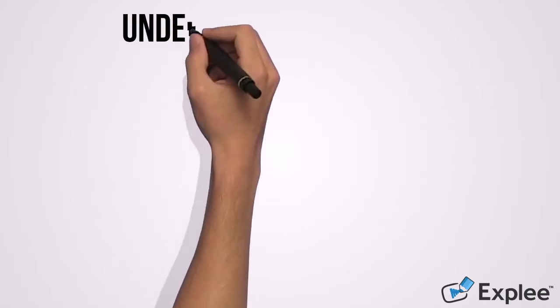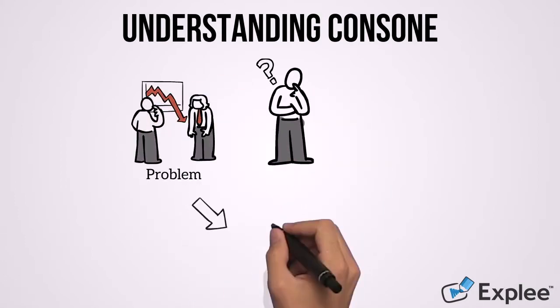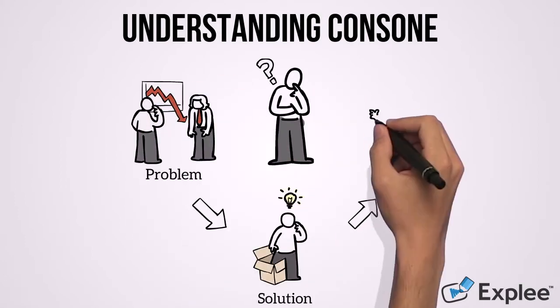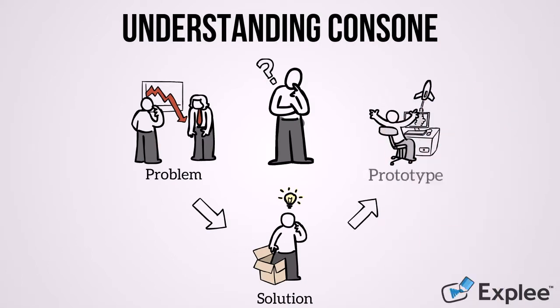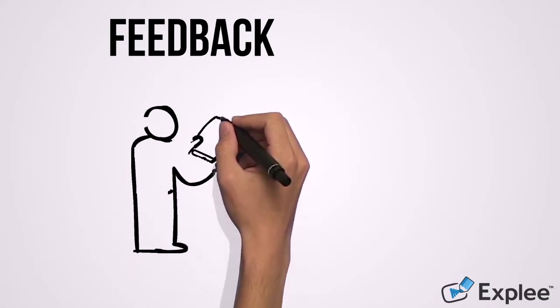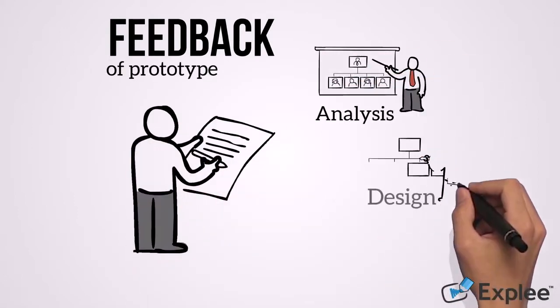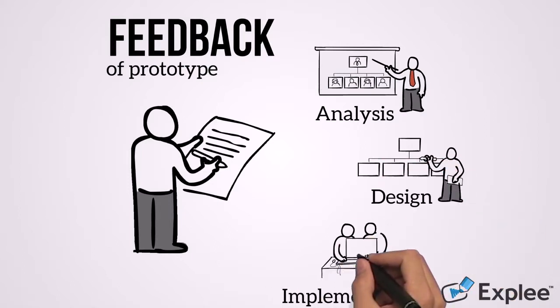To go through all the necessary content for understanding the Consone system, we will start by presenting the problem, then proceed on to identifying a solution, and finally finish off showing the actual prototype. It should be noted that this video's intent is to give us feedback on the system as it currently stands and further verify that our analysis, design choices and implementation are of relevance to the project.